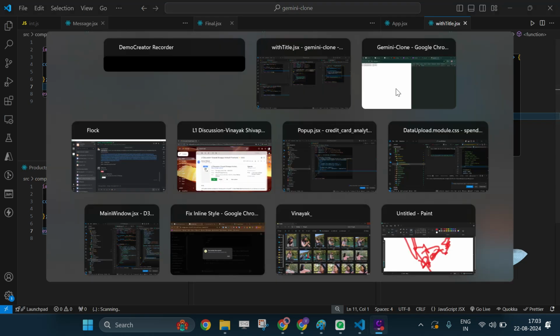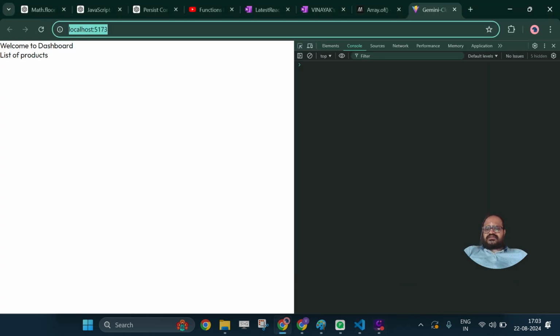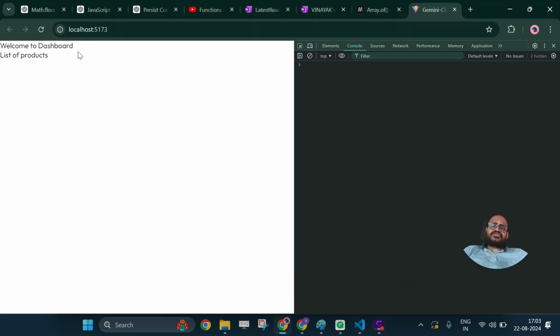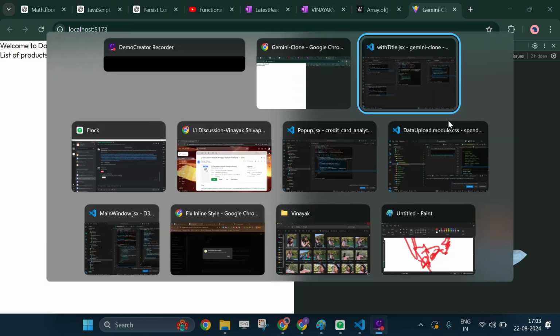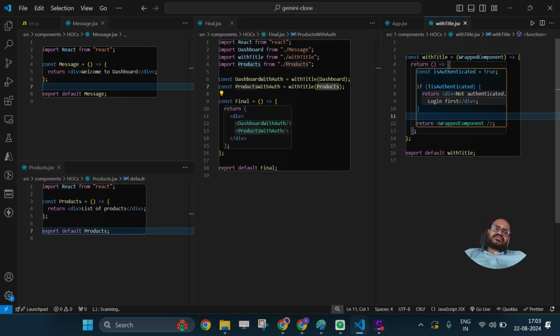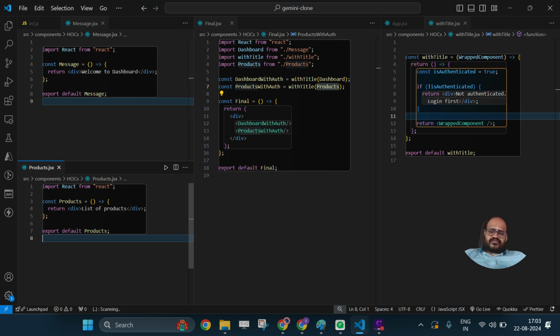So you see the UI now. You see welcome to dashboard and list of products, because these two pages, for example, go through the authentication process before they render or before they display. So this is how